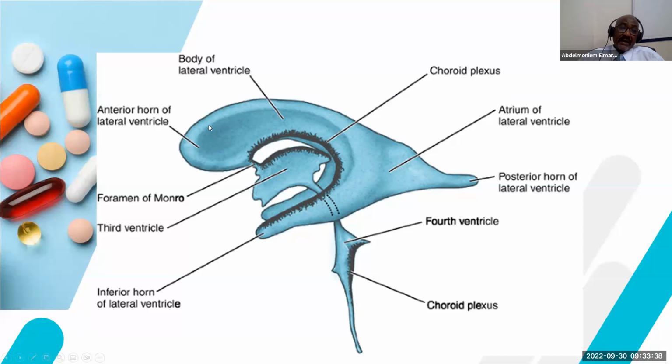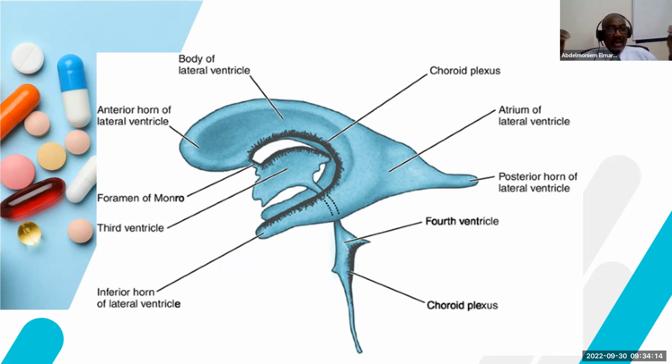Now, in this diagram, I just wanted to mention a few things about the lateral ventricle. The first thing is that it has got horns. It has got an anterior horn, a posterior horn, and an inferior horn. This is in the frontal lobe, this is in the parietal and occipital lobes, and this is in the temporal lobe. So this is important because we need to know that there is a floor, there is a roof, there are lateral walls, and these are bordered by